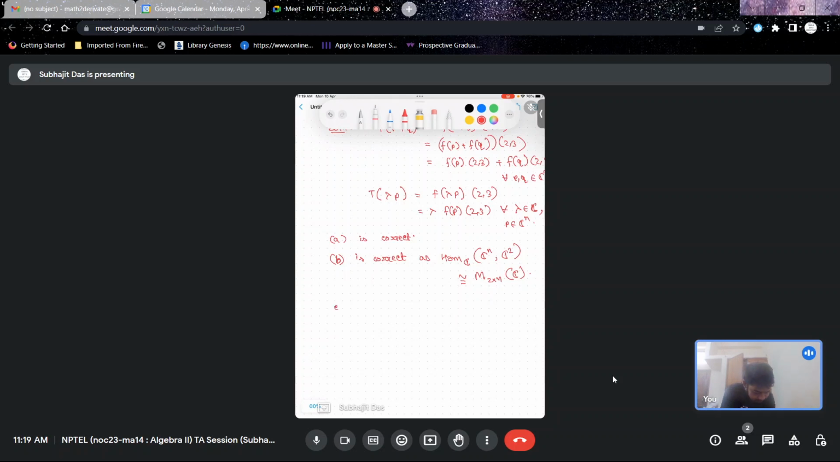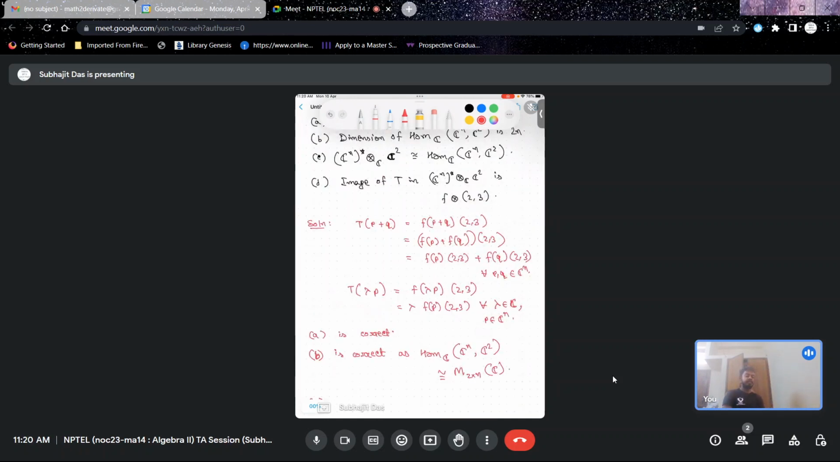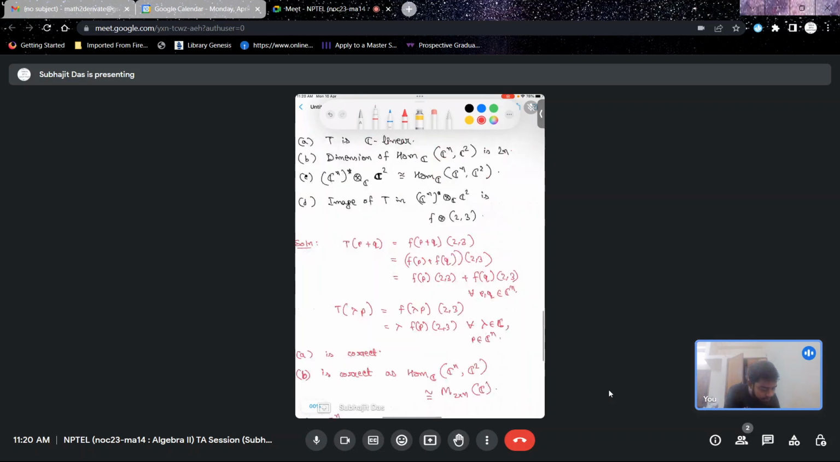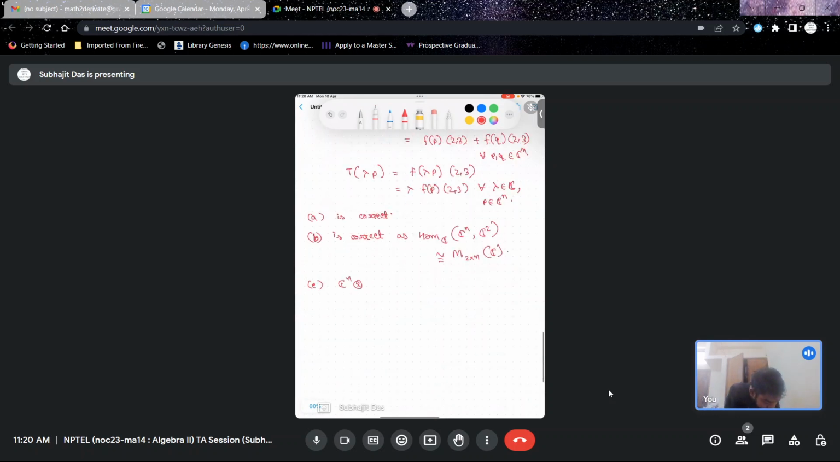Option C says that Cn star tensored over C with C2 is isomorphic to Hom_C(Cn, C2), right? So how are you going to show this? That Cn star tensored over C with C2 is isomorphic to Hom_C(Cn, C2). So indeed this is okay. This is easy if you use the properties of the tensor product. So Cn star